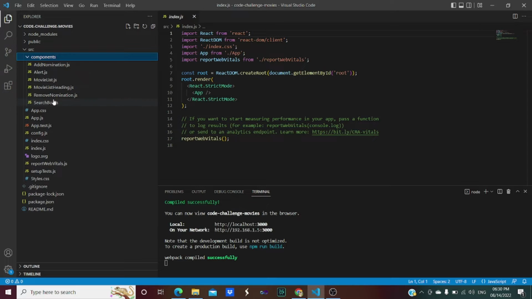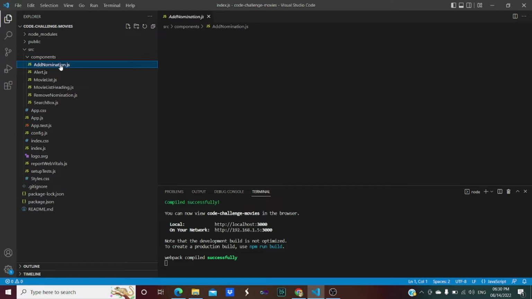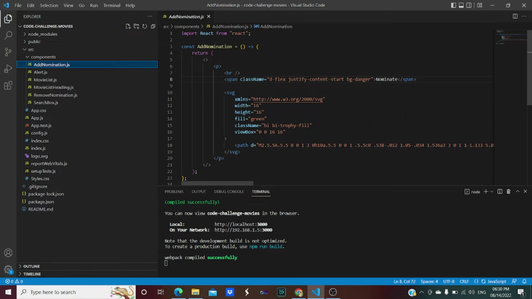As you are able to see, these are the components: add nomination.js, alert.js, movie list.js, movie list heading.js, remove nomination.js, and searchbox.js. So let's go through each and every component. First is add nomination.js, a simple component within which I need to provide a nominate button, and that is provided with the help of this span tag.